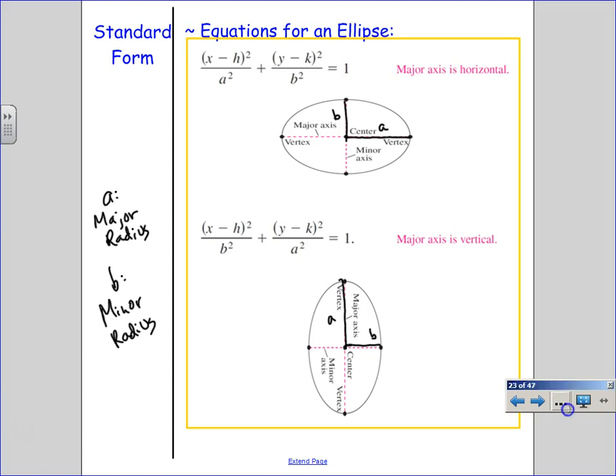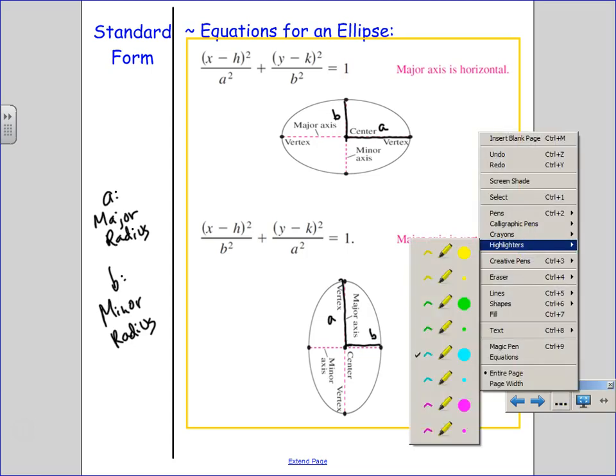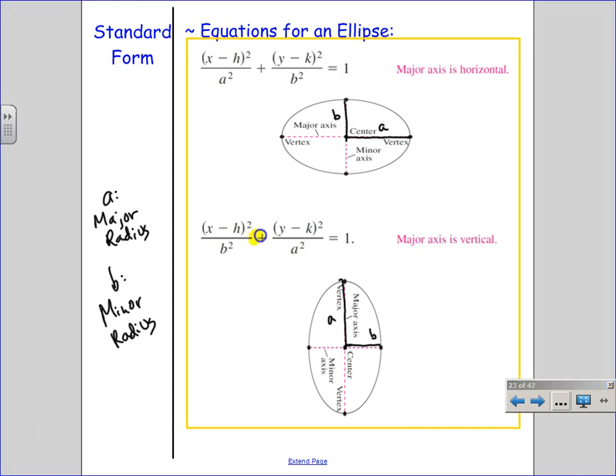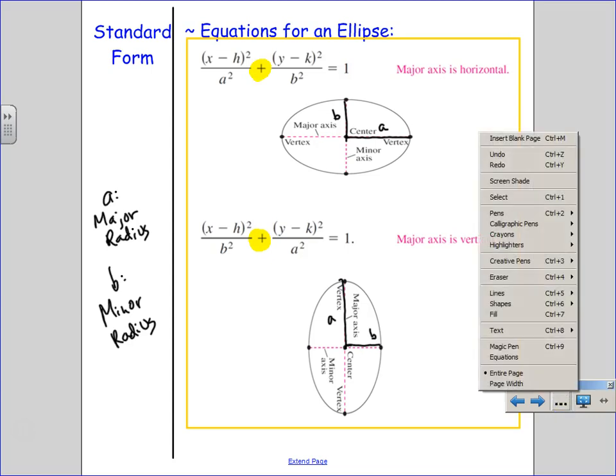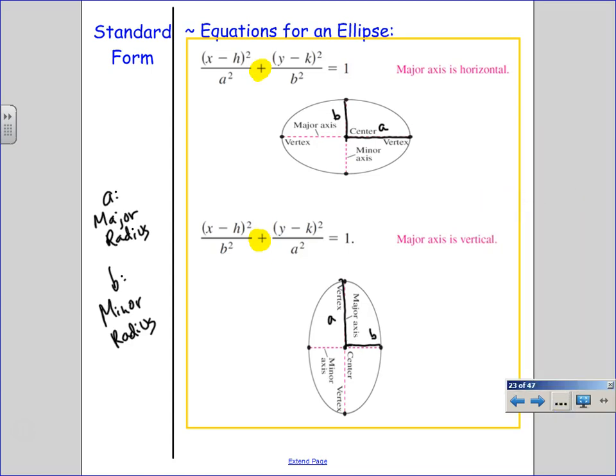There is something kind of important about these formulas that you guys wouldn't realize is super important until next section. But this plus is crucial. The same way we need x minus h squared plus y minus k squared for a circle, we need it for an ellipse as well. If it was a minus, we'd be in some big trouble. Well, or we'd be in section 10.4. Anyway,